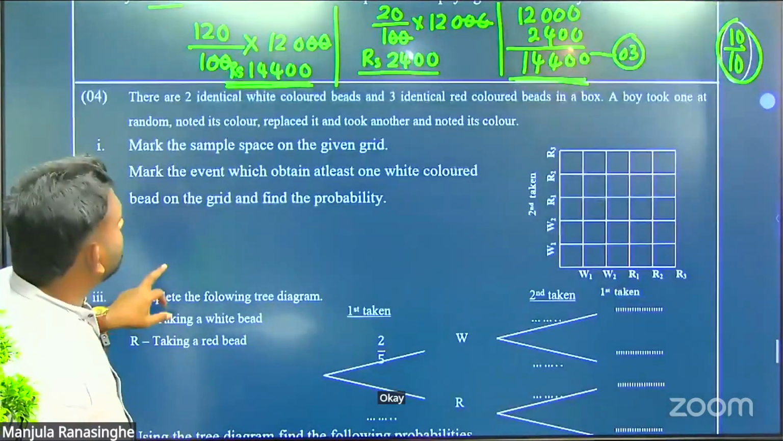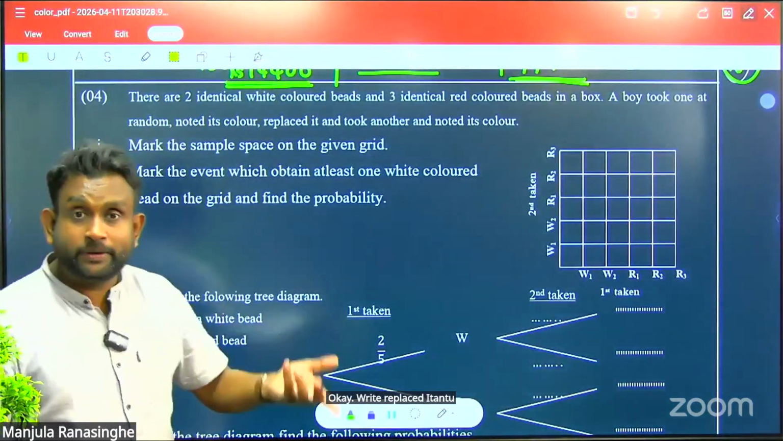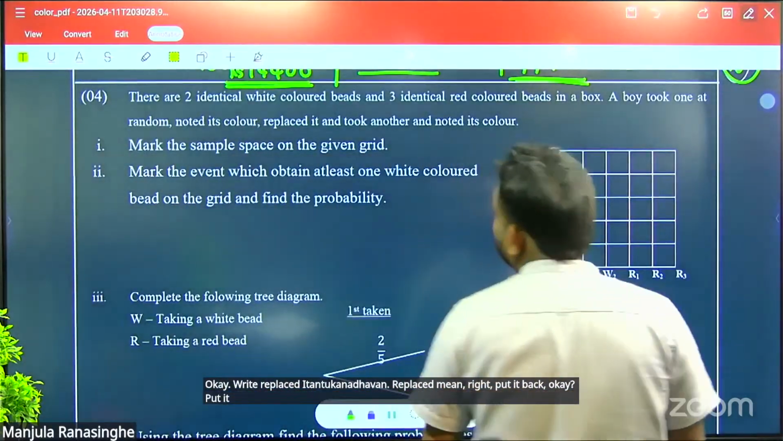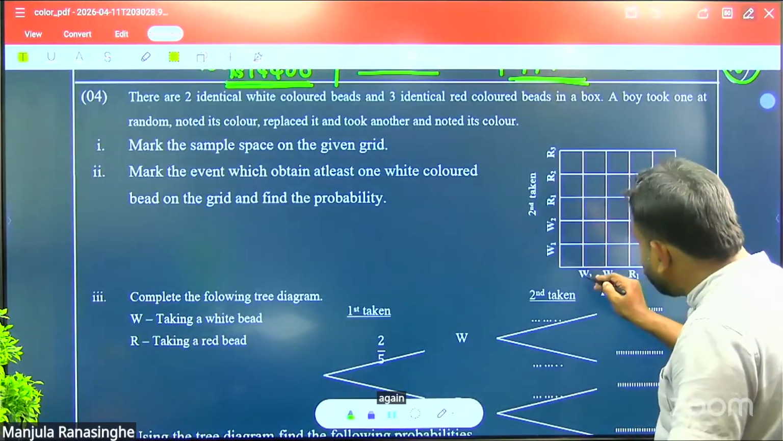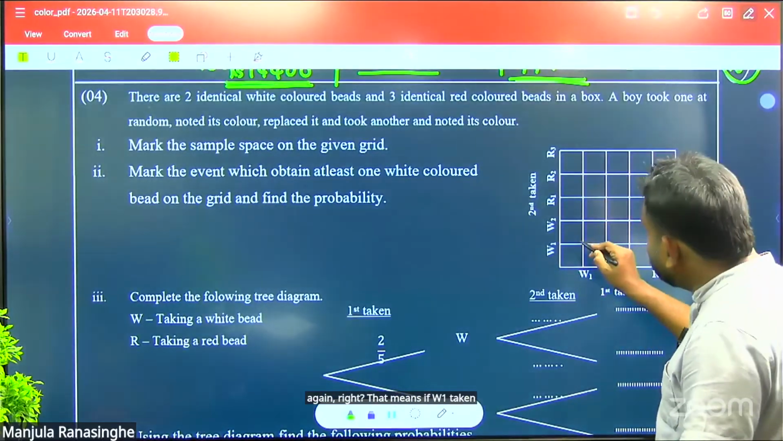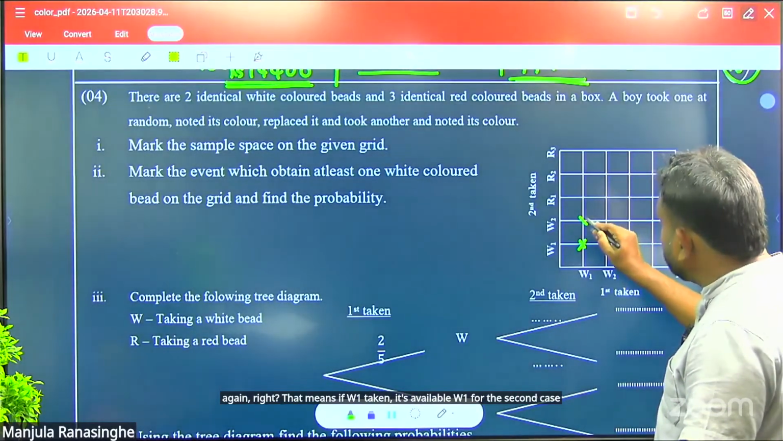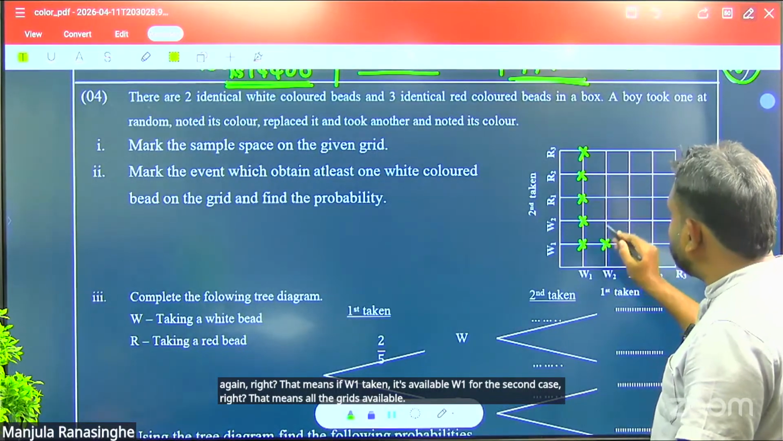Okay, replaced it and took another one. Replaced means put it back again, right? That means if W1 is taken, W1 is available for the second case, right? That means all the grids are available. Not replaced means